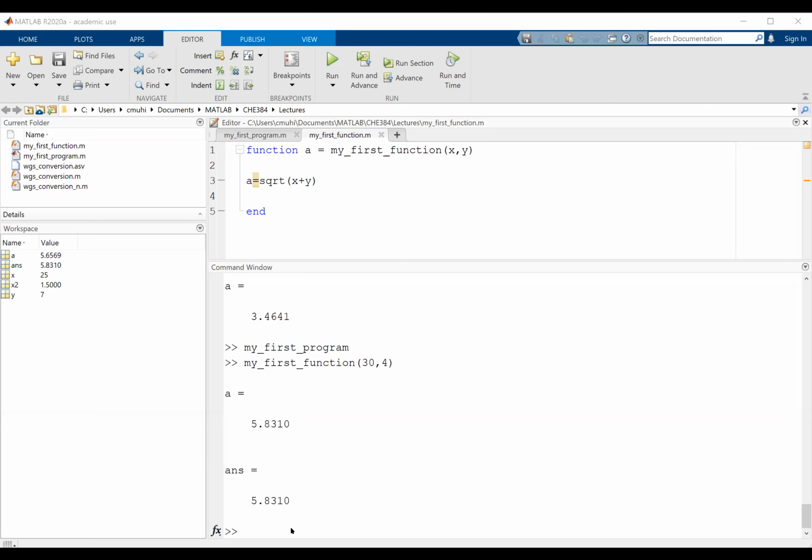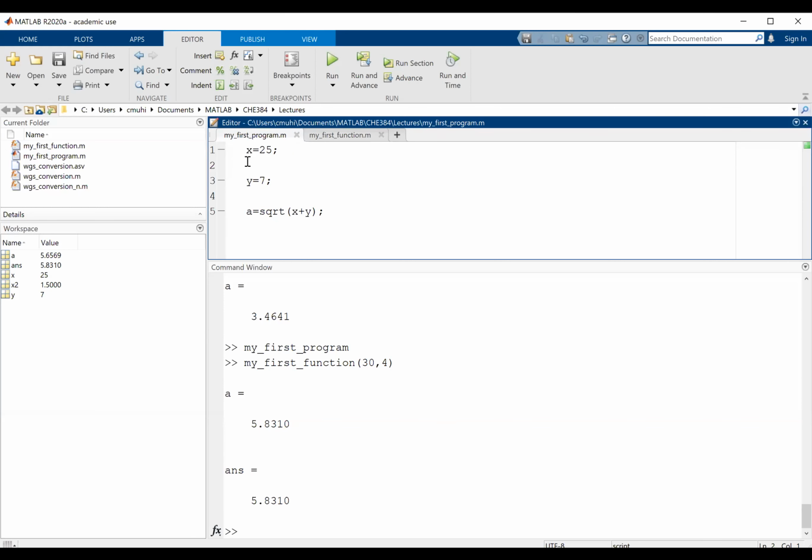So between functions and scripts, we can do a lot of interesting things. Not only can we use the scripts to say, here's a series of protocol or a series of mathematical operations or logical operations to do, but we can actually use them in conjunction with functions. So for example, in my first program, in that script, we can take that x and that y,